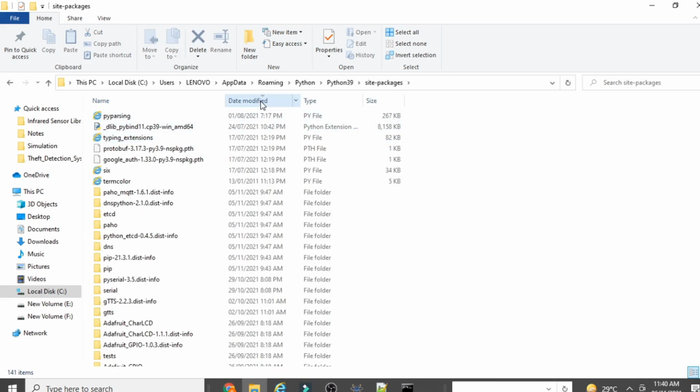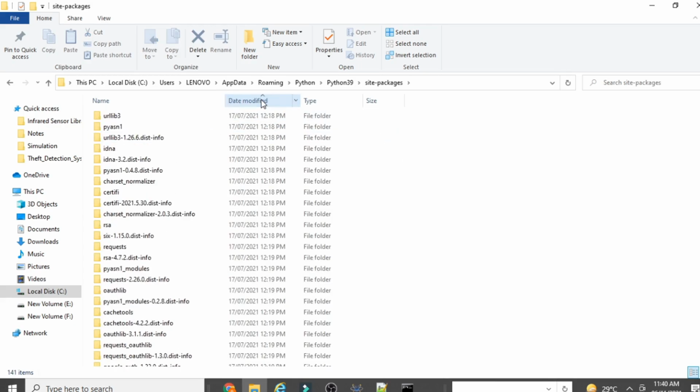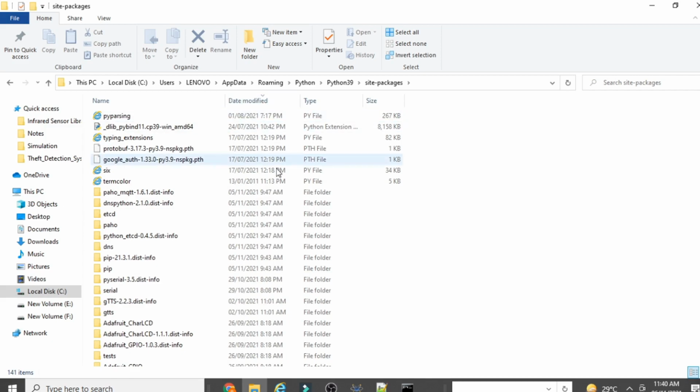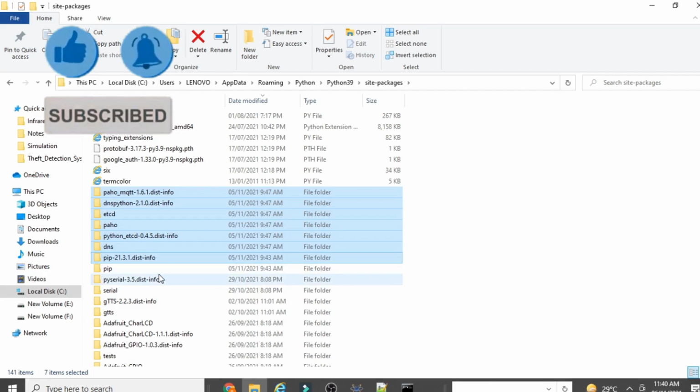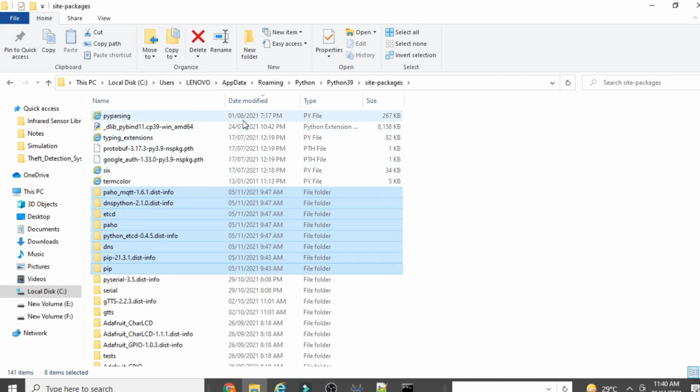Once you go to the site-packages, click on date modified. Once you click on date modified, you can see the latest date when your Paho got installed. On 5/11 I installed the Paho. So I will copy all these 5/11 dated folders.